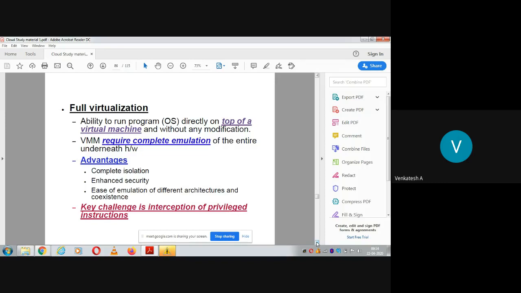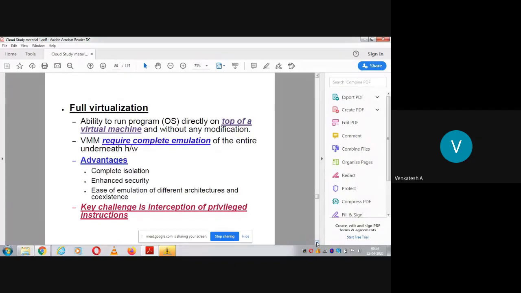And here the advantages are complete isolation. That means it will be totally isolated from the hypervisor and also from the host operating system, and enhanced security. Since it is totally isolated, there will be more security for the application you are running on top of that guest operating system.